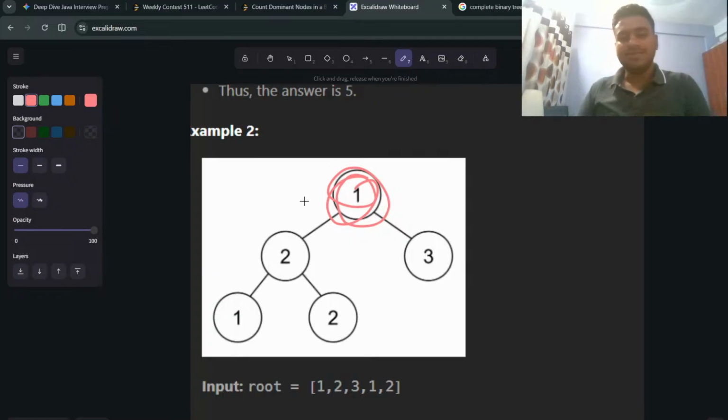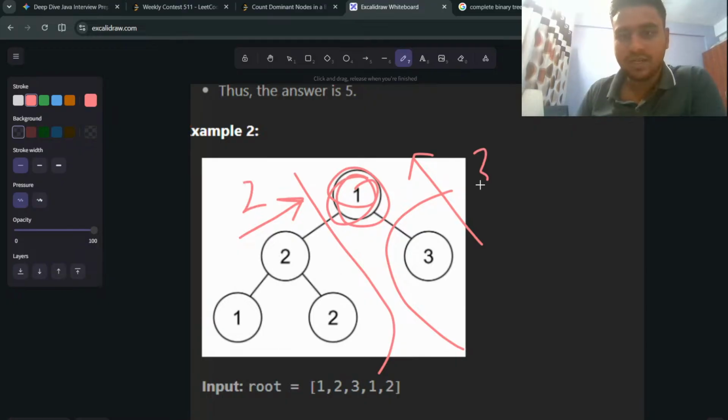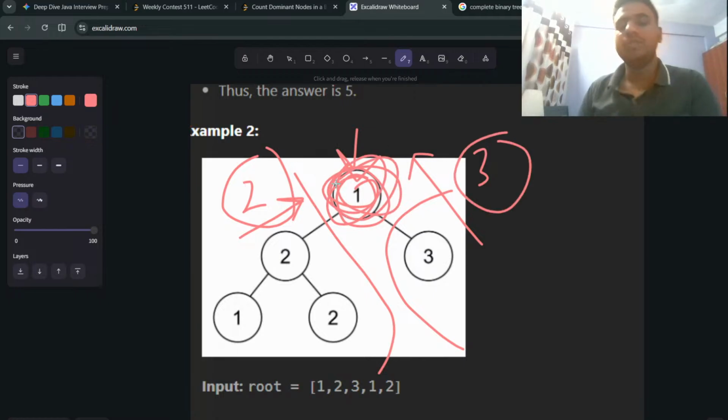I'll fetch the maximum from this node, and I'm going to fetch the maximum from this node. And let's suppose here the maximum is 2 and from here the maximum is 3, and if this node's value is greater than the left maximum and the right maximum,